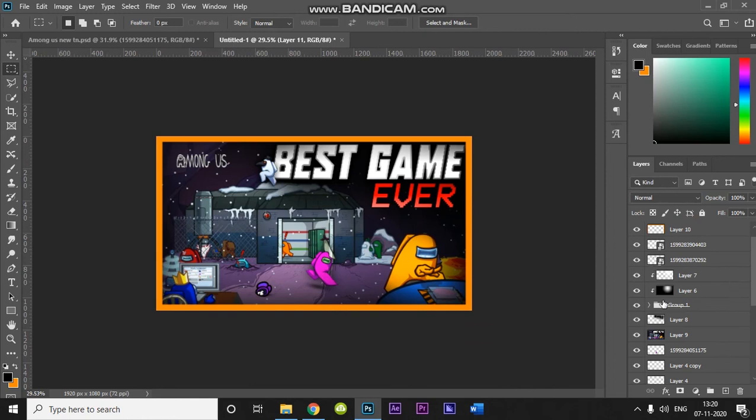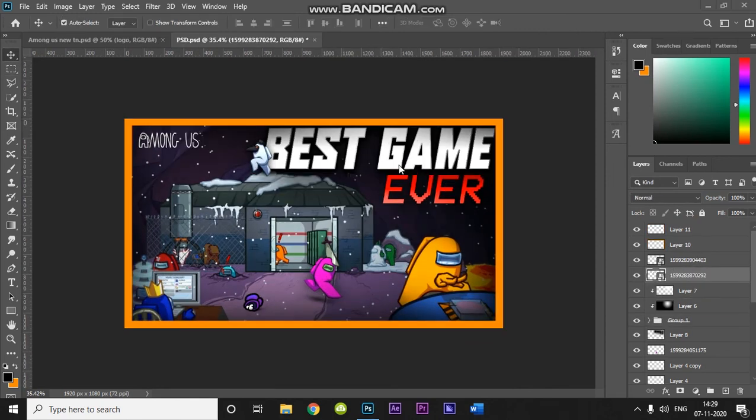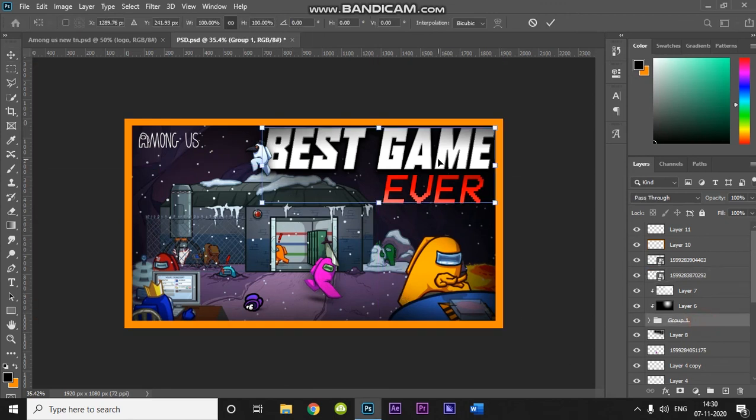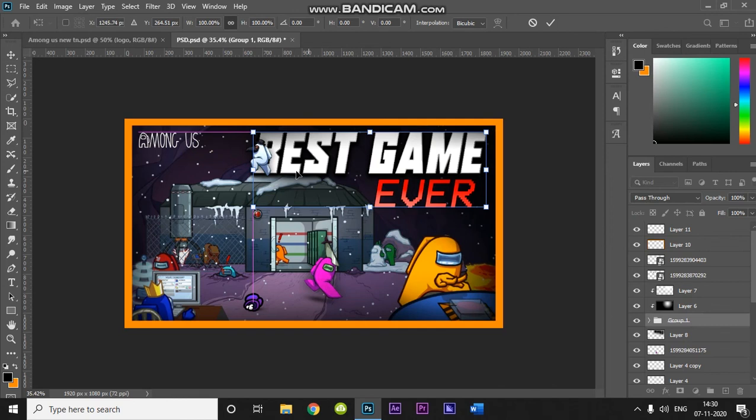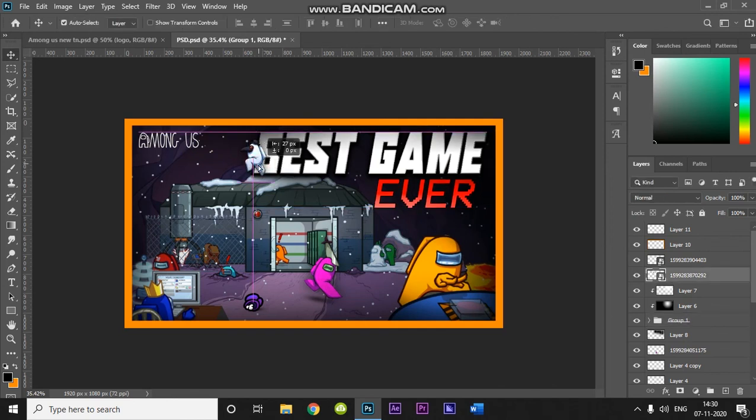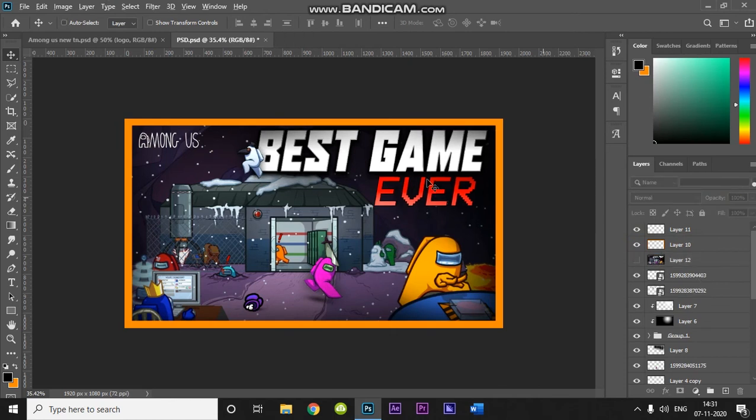I think the text is a bit off, so I'll press Ctrl T by selecting the script and place it somewhere here, and then I'll place it here, I guess. Okay, looks good. Here, okay, done. So just go above all of these layers and below the border layer, press Ctrl Alt Shift E. As you can, press Ctrl Alt Shift F